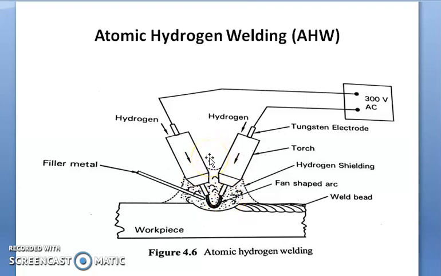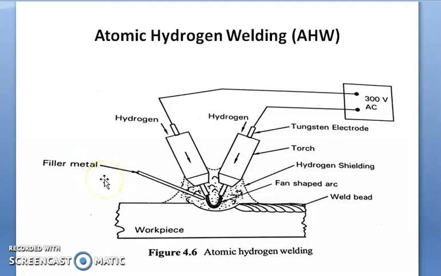In this welding process, the workpieces are joined by the heat obtained by passing a stream of hydrogen through an electric arc struck between two tungsten electrodes. The arc supplies the energy for a chemical reaction to take place, after which heat is obtained for welding. A filler rod may or may not be used during this process.